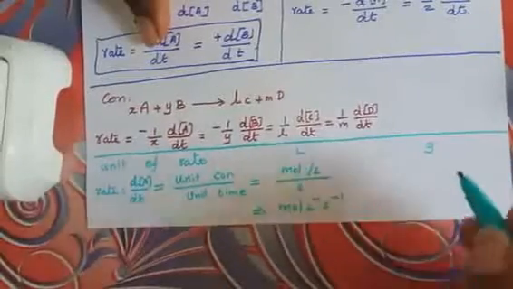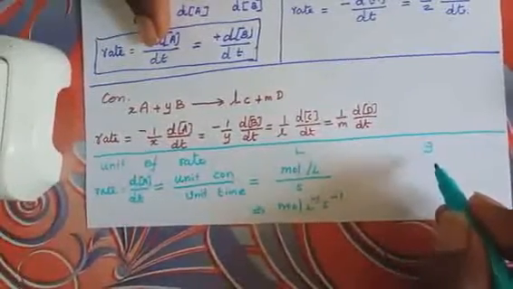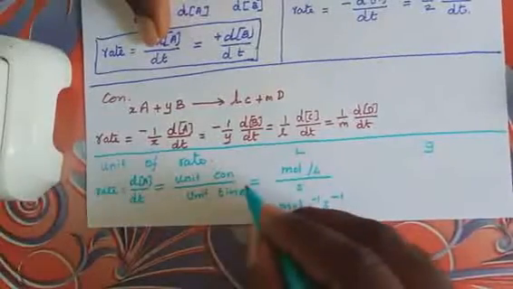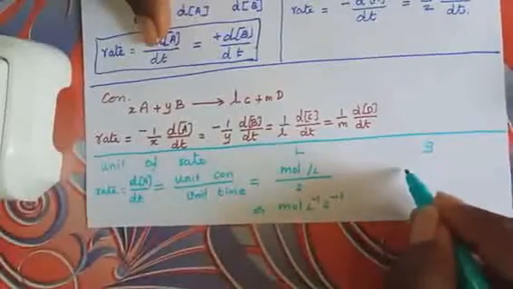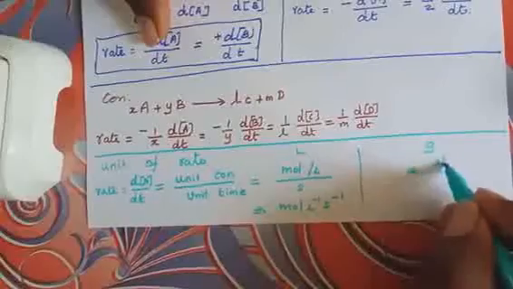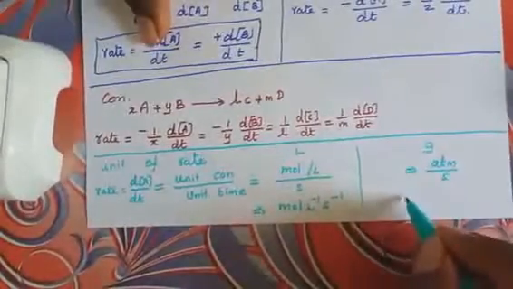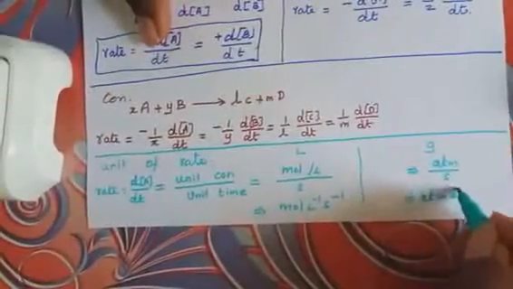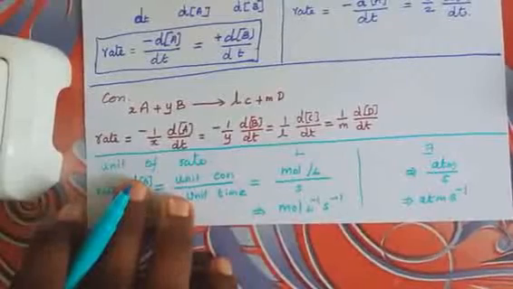In a similar way, for a gaseous reactant or product present in the species, the same rate will be written with the unit of concentration replaced by unit of pressure. So pressure can be measured in terms of atmosphere. Time is measured in terms of seconds. So it is atmosphere second inverse for the gaseous substance present in the reactant species.